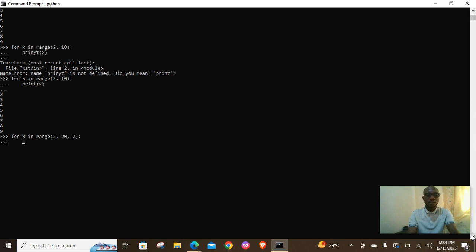Then we say what? Indent print x. And we have it 2, 4, 6, 8, 10, 12, 14, 16, 18, and that's where it's going to stop, because after 18 it is 20. So that is the steps of 2. Then you can use any multiples you like for that steps. So also